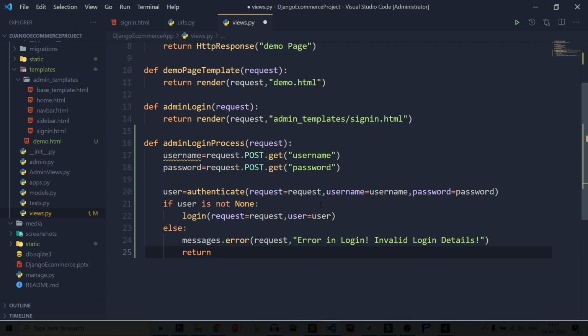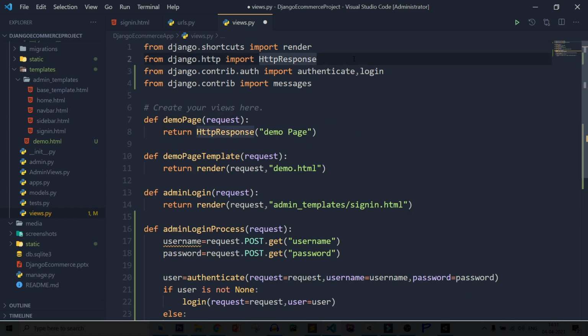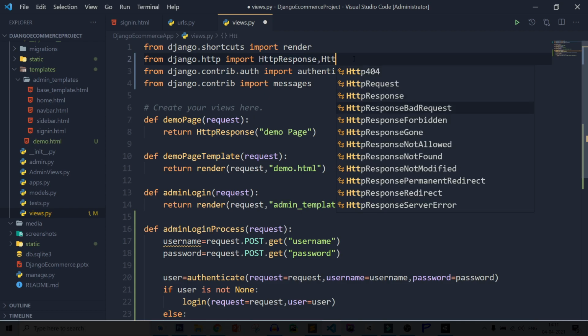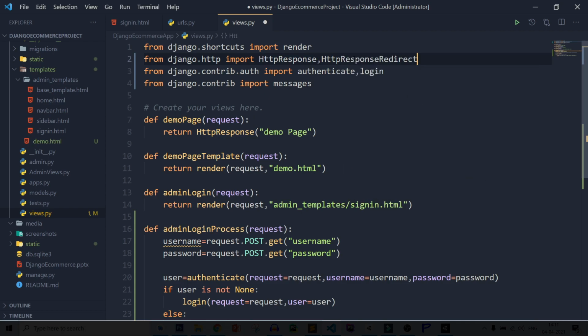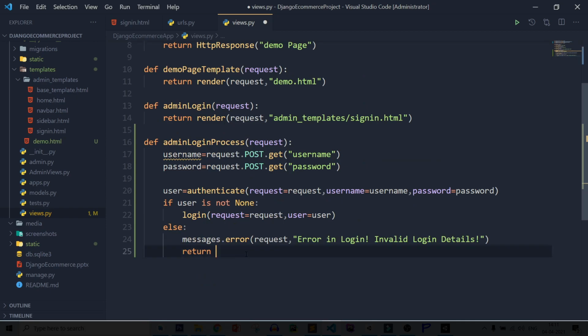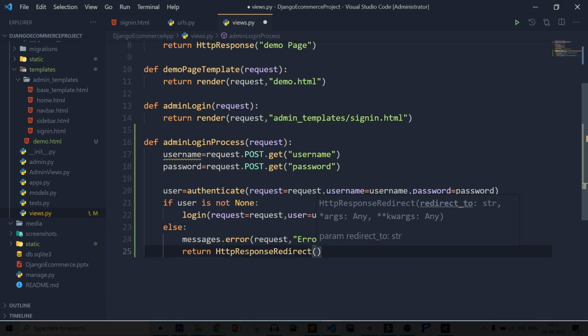Now after that, for redirect you need to import HttpResponseRedirect from django.http. So HttpResponseRedirect and pass your URL, or instead of passing the URL you can pass a URL by name, which is a better way.